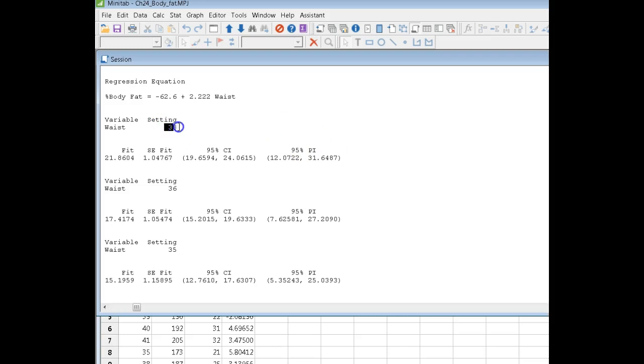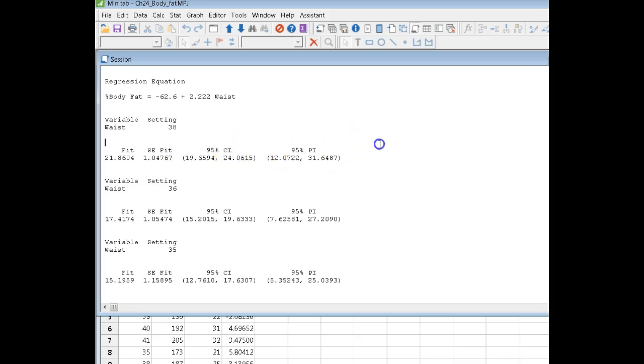So from this one right here, I can say to myself, for all men who have a waist measurement of 38 inches, what can I say about the average body fat of all men who have a waist measurement of 38 inches? I can say that I expect the mean body fat for men with a waist size of 38 should fall between 19.7 and